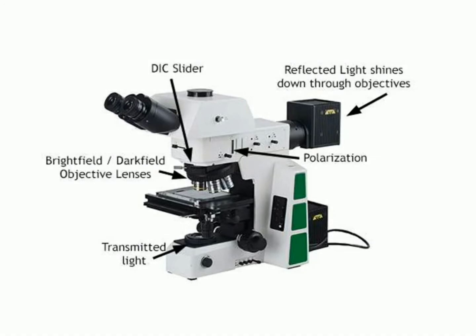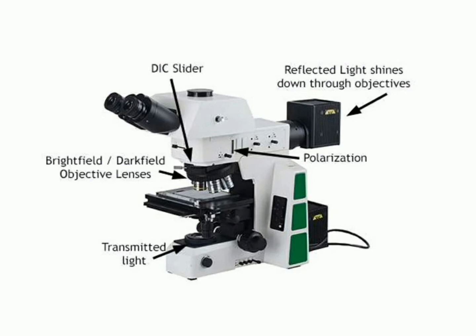The metallurgical microscope is different as compared to the biological microscope. In a metallurgical microscope there is a reflecting light mounted at the top of it in such a way that the light gets reflected down from the object and reflected towards the eyepiece, and we can see the specimen's details accurately. So this is a typical microscope diagram given over here.